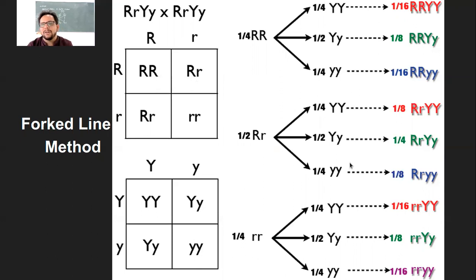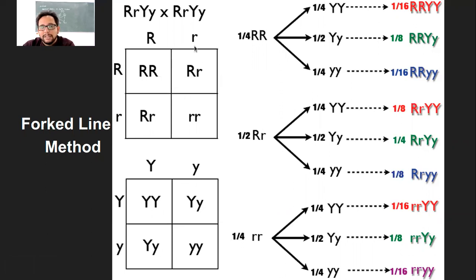So that is nothing but what is called the fork line method. Again, I hope this is clear, because there is nothing great here. It's the same dihybrid cross, but instead of doing it in a Punnett square, the F2 generation is done via the fork line method, and that is what is being shown here. So individually you take these offspring and cross them with the others for the other trait, and that is what you get at the end.